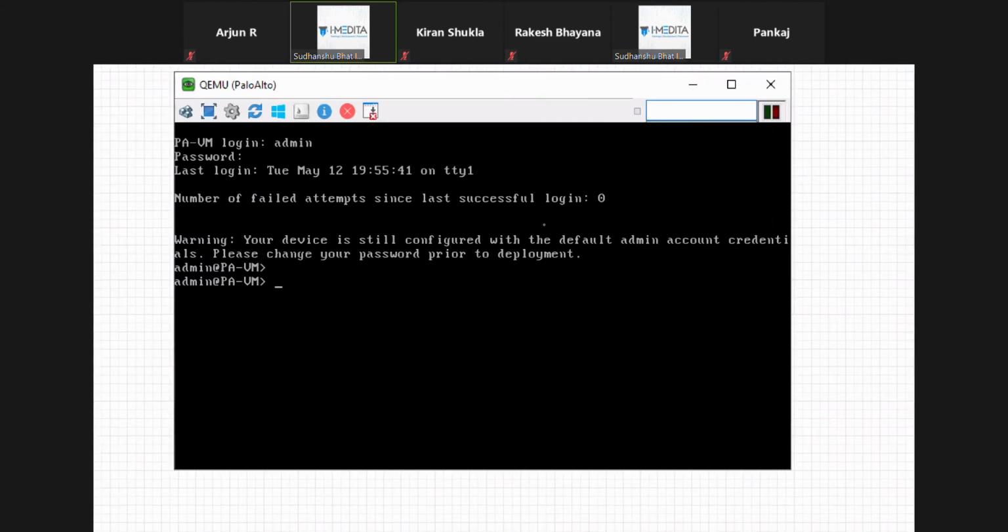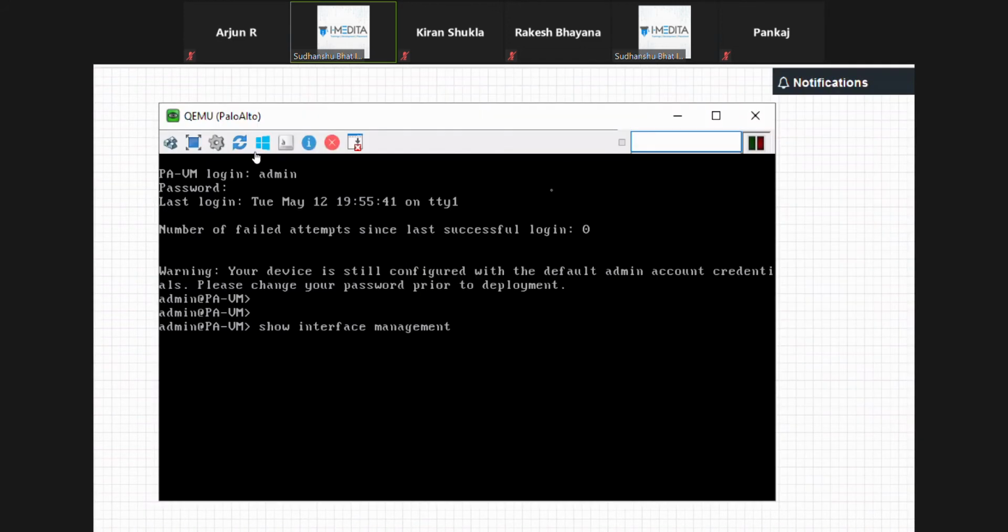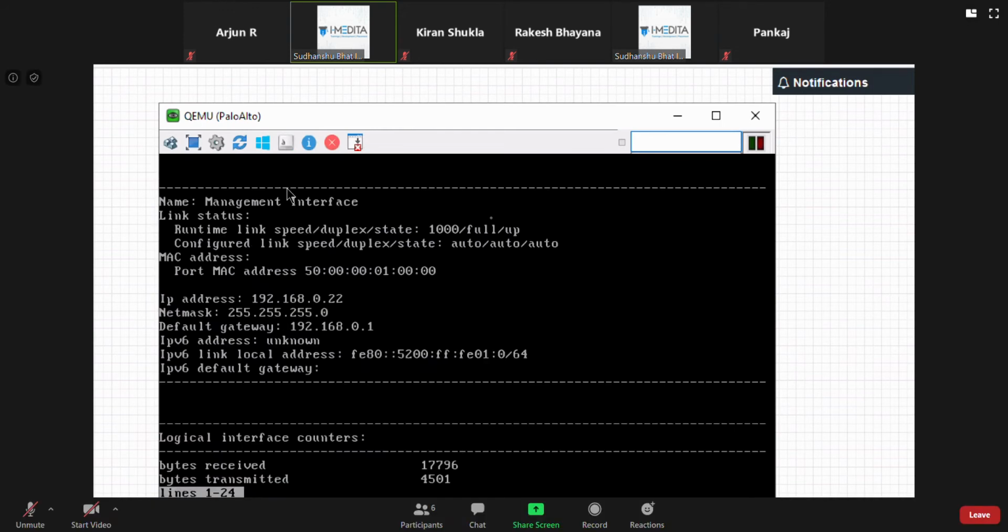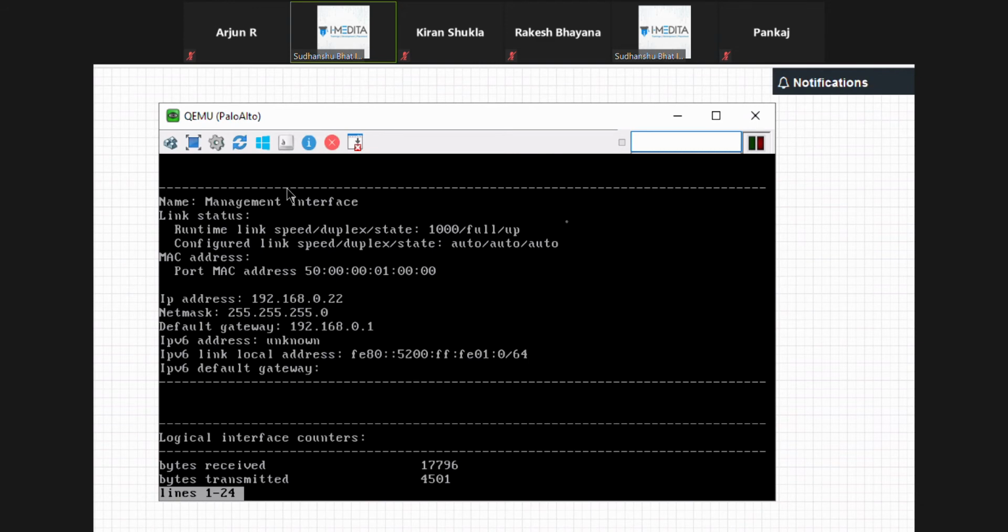You can run the show interface management command here. If you do show interface management, it shows you that the management interface has the IP address 192.168.0.22 and a default gateway. So this is all allocated via DHCP.